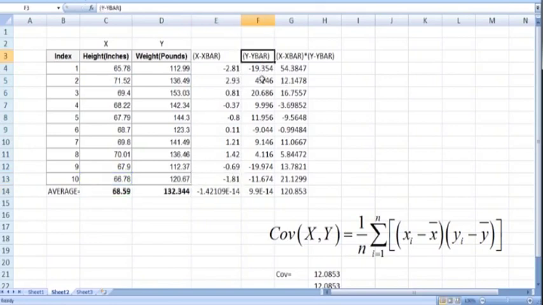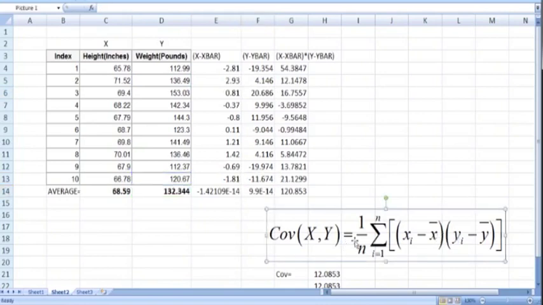And next, similarly calculate y minus y bar, the deviations of y from its mean. So it is D4 minus D14, and again I have used the dollar signs with D14 to keep it fixed, whereas D4 is without dollars, because when we copy this formula downward, D4 will change to D5 and then D6, but due to the dollars D14 will remain fixed. So here again you can see D5 minus D14, and that's it. So we have this data here. Last one is D13 minus D14.